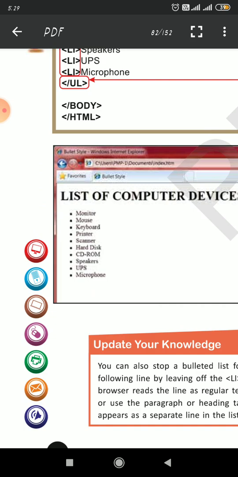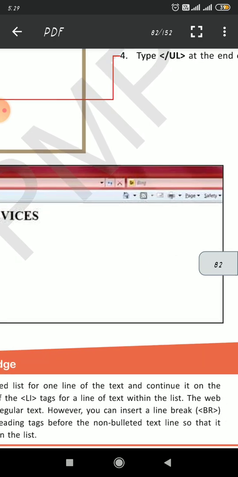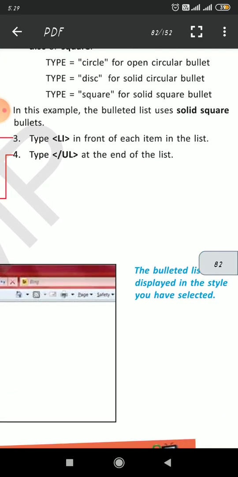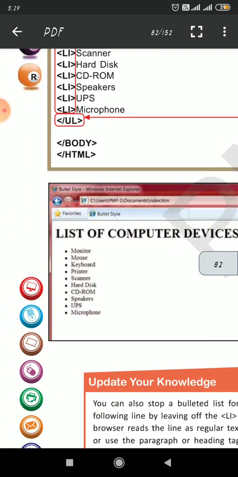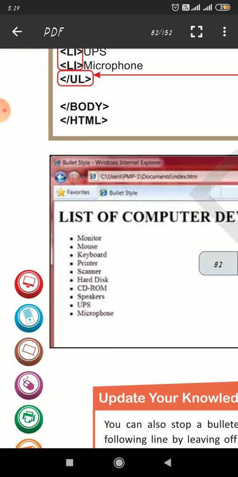Is it a solid circle or square shape? I will zoom in. Yes, it is in a square shape. Okay, so it's a solid square shape. So by this you can change your bullet style.